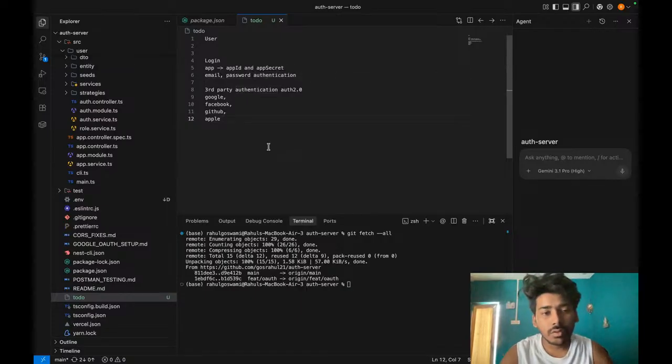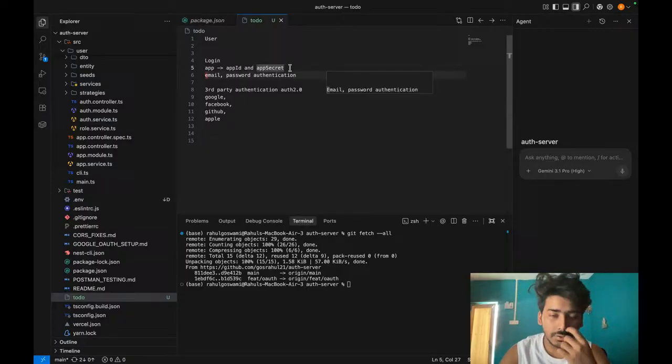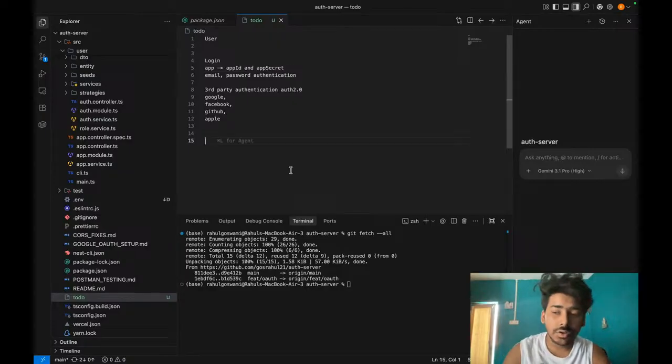Okay, so now what we will do is provide the user an SDK which the user can install in its backend server, and then just plug in the app ID and app secret, and any kind of authentication that is done from the front end will reach our server, and it will generate the JWT token, or say access token and refresh token. Those access token and refresh token will be sent to any of the backend server,